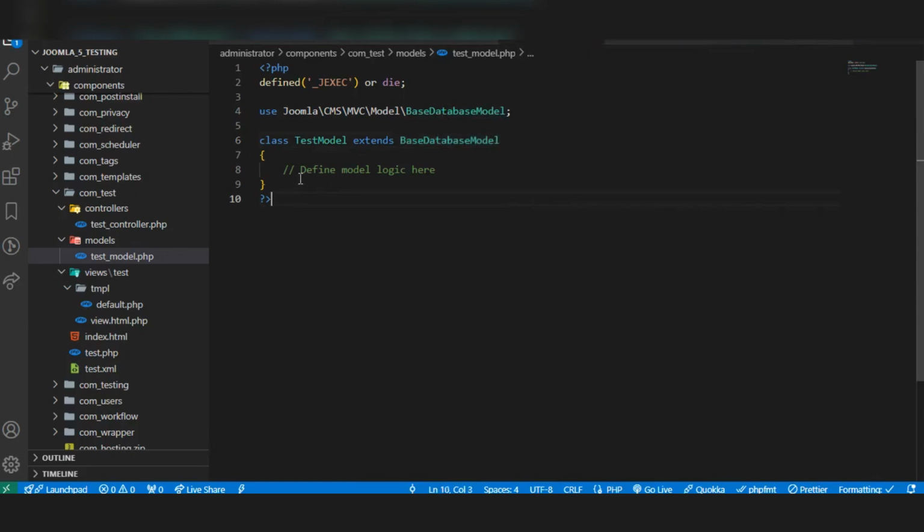So if we are working with database and other models files, we have to write codes here. For now, define model logic here. That means we are not working on this. If you want to work, you have to write codes here. And for now we have to work on the views part, because we have connected controllers with views in this test